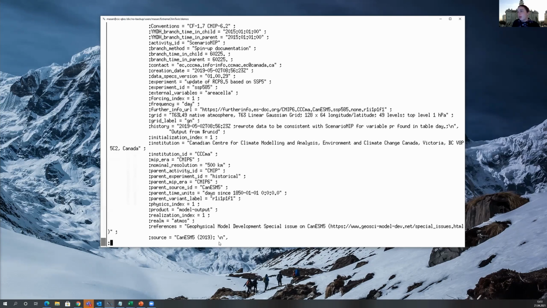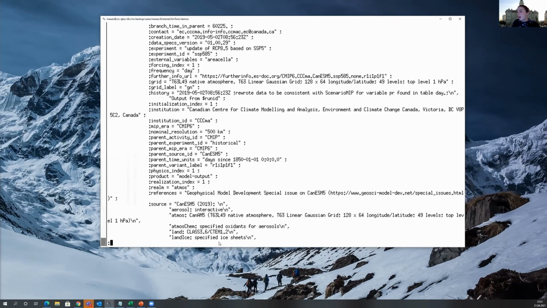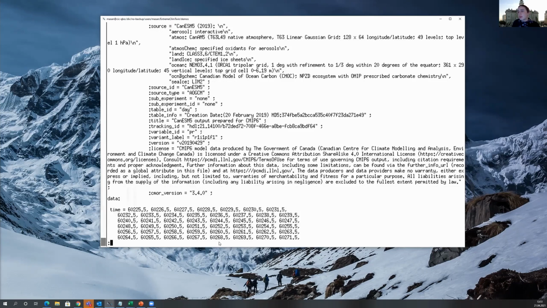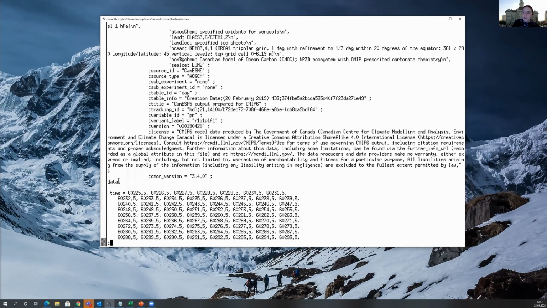There are references that you can put in, and so on. So there's a lot of information. And then after that, we get the actual data. So now we're done with the metadata, and the data starts where it says data: